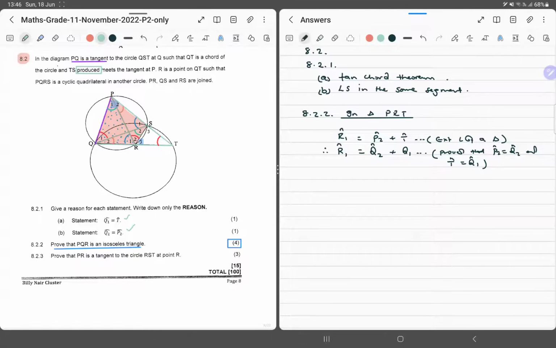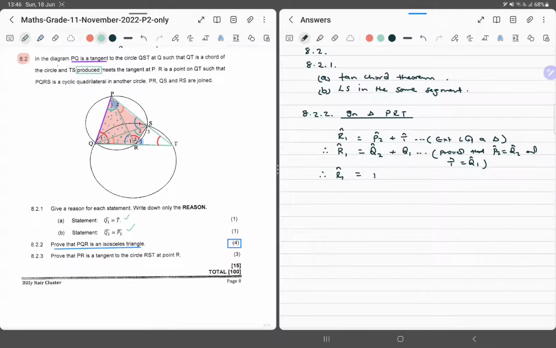So that is important. And now what do we see? We can therefore see clearly that if we can prove that that is the case, this is so nice, guys. Look at that. R1 is equal to, so we can say therefore angle R1 is equal to the sum of,